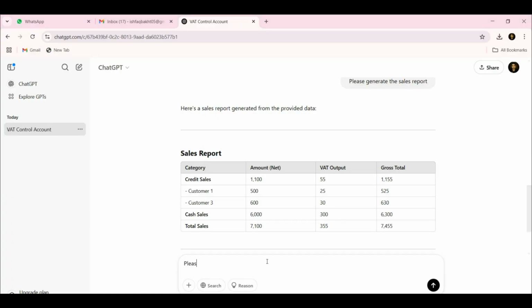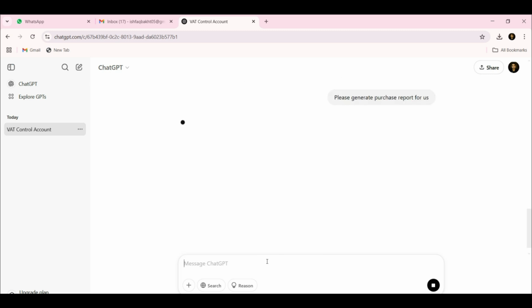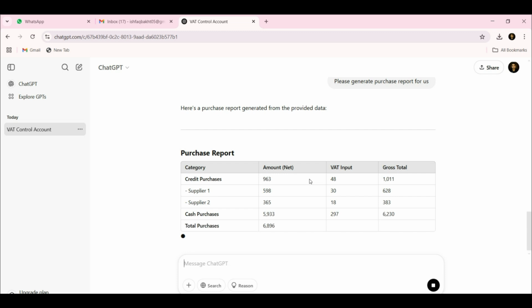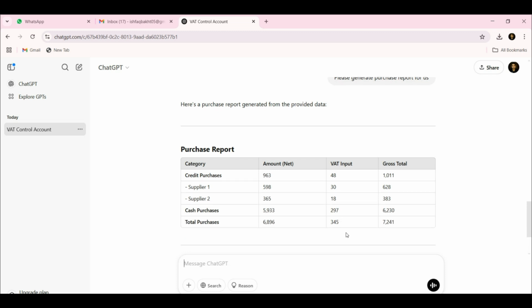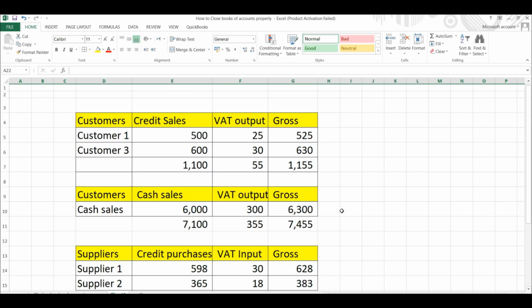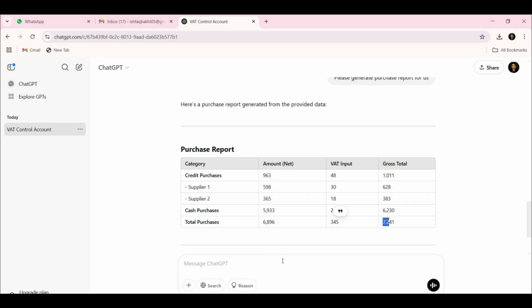Okay, now let's go and ask, please generate purchase report for us. So you can see that we are getting the purchase report, and VAT input is 345. Wow, again wow. So now let's go one step further and ask,